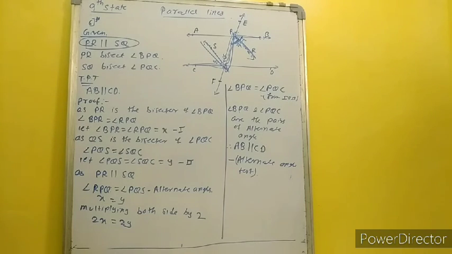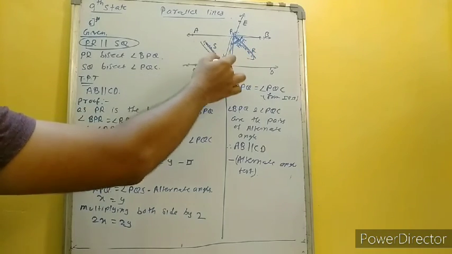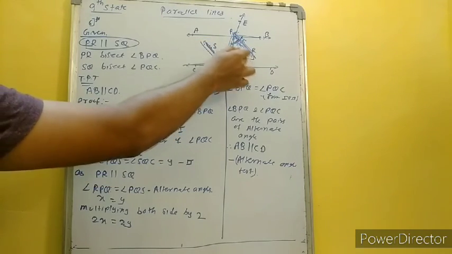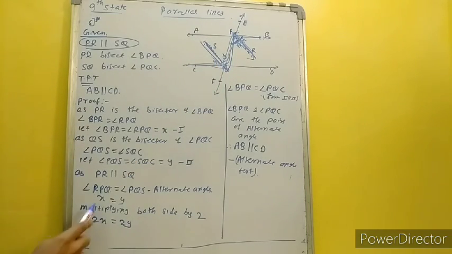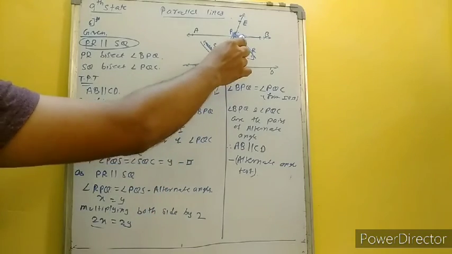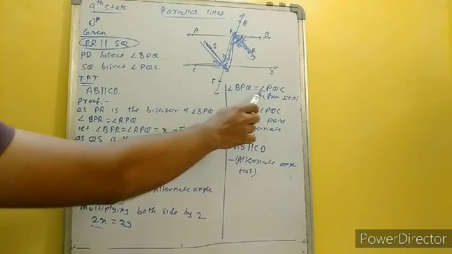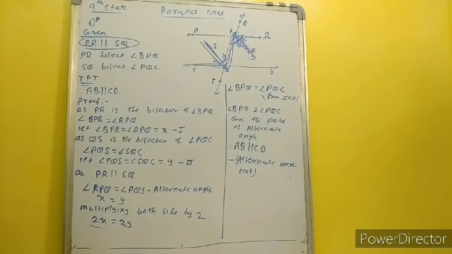Okay, we will just see one recap of what we have done. This was a bisector, so both the angles are x. This was a bisector, so both the angles are y. These bisectors were parallel as well. So as they are parallel, RPQ is equal to PQS, which was x and y. We want this whole angle and this whole angle, so I multiplied by 2. 2x is BPQ and 2y is PQC. They are the alternate pairs, and alternate angles are equal over here. Therefore, lines are parallel by alternate angle test.